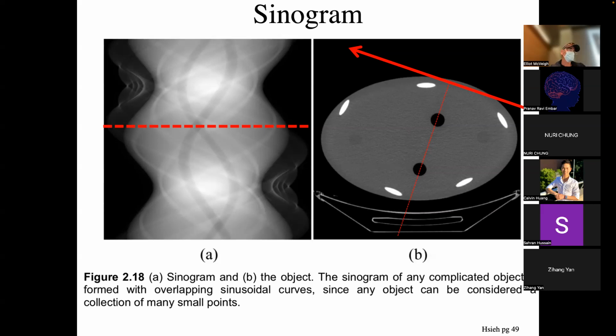Say the spine, we've seen that before, or a metallic implant like an artificial hip, or a pacemaker lead, or a pacemaker itself, right? And when they're in line on your projection, they can essentially occlude your view of the things along that line